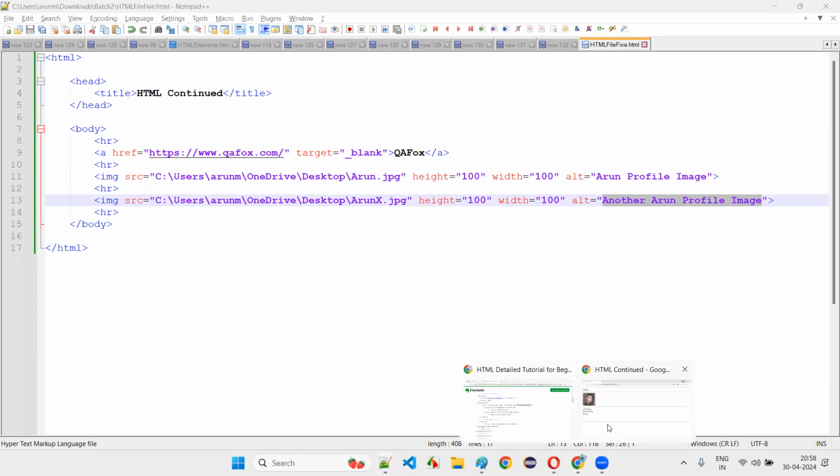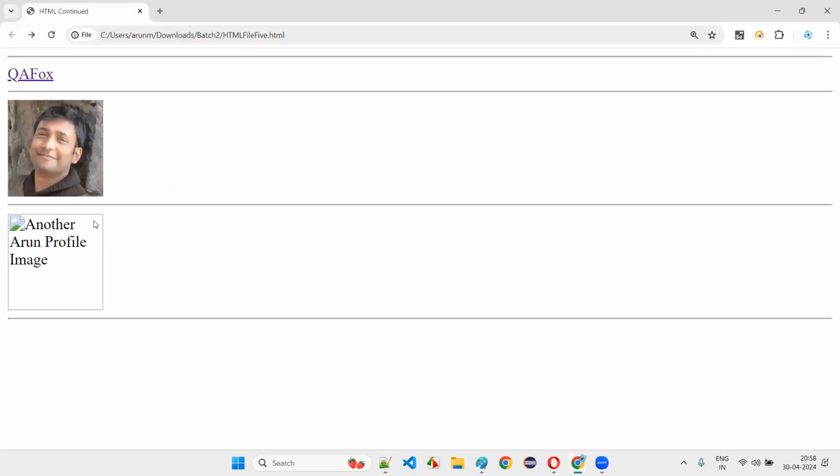So does it look good without this text, or is the image just breaking? If you get this text, you will feel somewhat better, right? If the image is completely not coming, you don't understand what the image is all about and it's not loading somehow. If you get this alternative text, at least by looking at the text, you can understand what this image is all about. At least you can read it in the broken image. But if you don't give the alternative text, the broken image will come without any text. That will be more problematic. Got it?